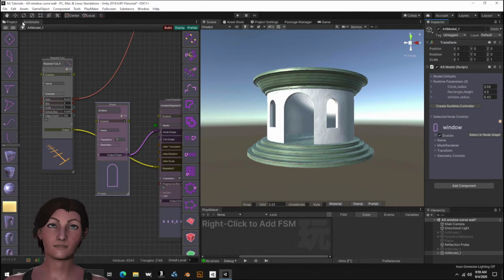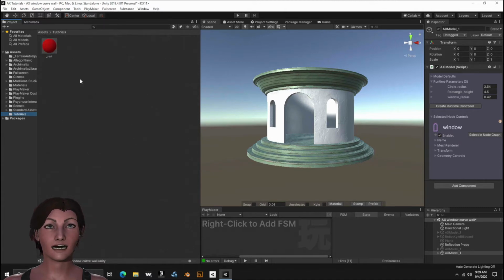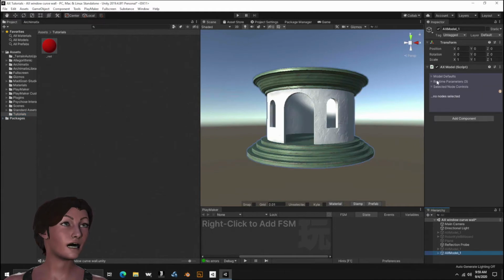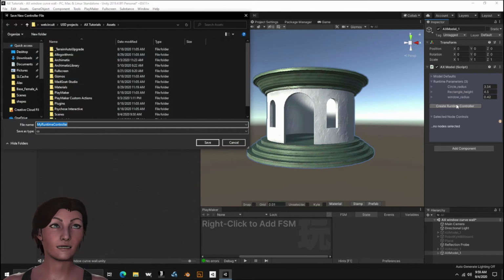So here's what you need to do to build a runtime controller, and there's a little bit of a setup. So I'm going to flip off my Archimatix graph and go over to my project. And I have a folder here called tutorials. It's just my dumping ground for these tutorials. When I open this runtime parameters, here we go. This is the part of the tutorial finally. You click this create runtime controller. You get this pop-up window, and it's going to create a component script that we're going to attach to our